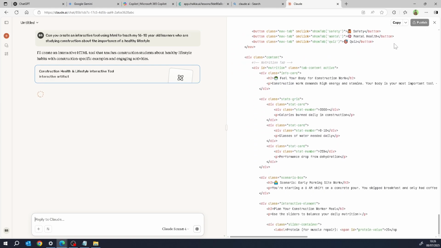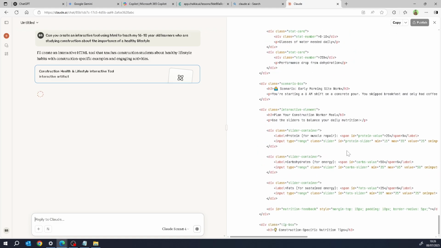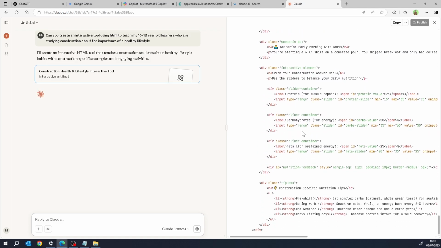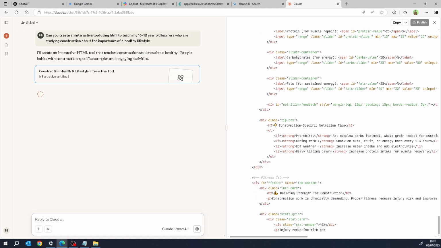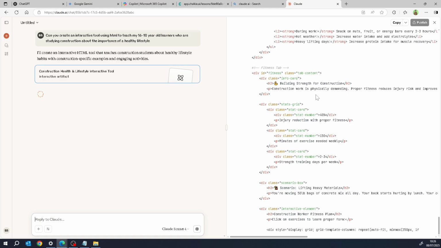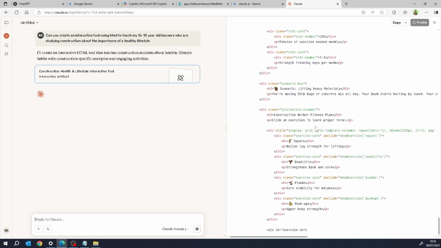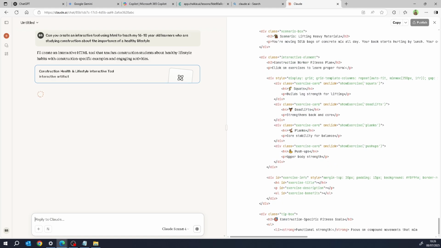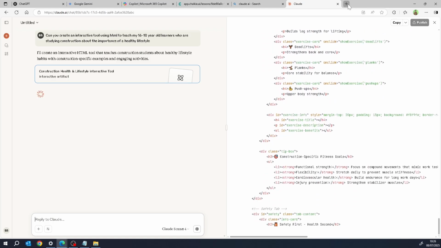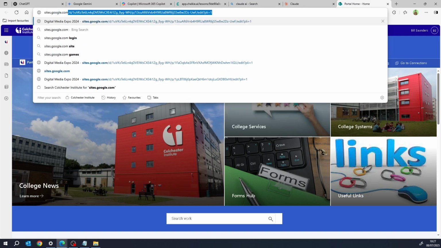The other thing that you can do is if you have a website for your course using Google Sites or if you have a site for your course on Wix, whatever it may be, you can copy this code directly and actually embed it onto a site, which is what I'll show you after it has done this and after I've showed you the publish thing here. While it's doing its thing, let's just set up a quick Google site. So I'm going to go to sites.google.com